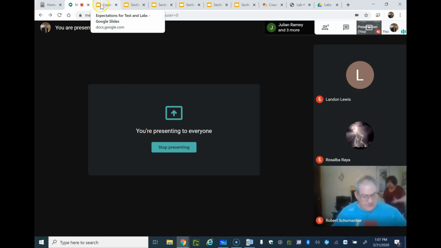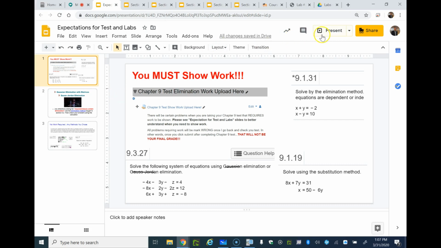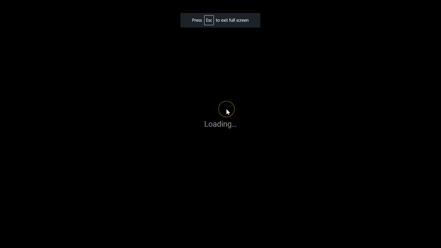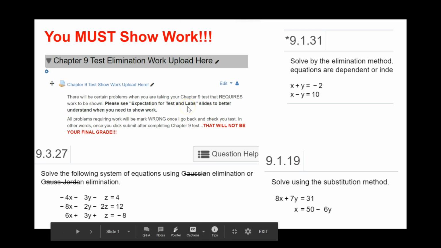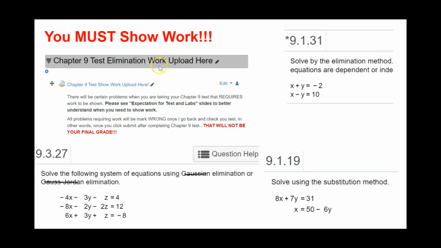The first thing I want to go over is my expectation as far as what needs to be shown work in this section. In all three sections in Moodle, for online and face-to-face, I created this slide and I recreated this uplink here. So when it's time to test on chapter 9, there are certain places where I need to see the elimination